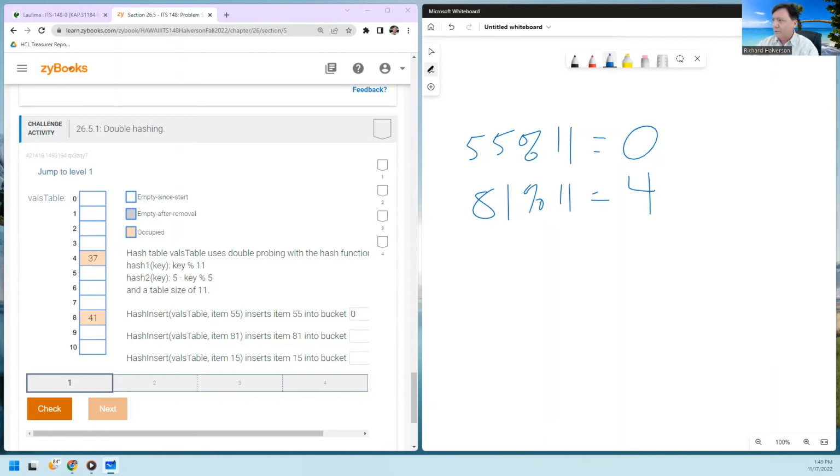5 minus, we're talking about 81 mod 5. Well, 81 mod 5 is 1, because 80 divided by 5 has no remainder, so it's 1. And 5 minus 1 equals 4, right? And so